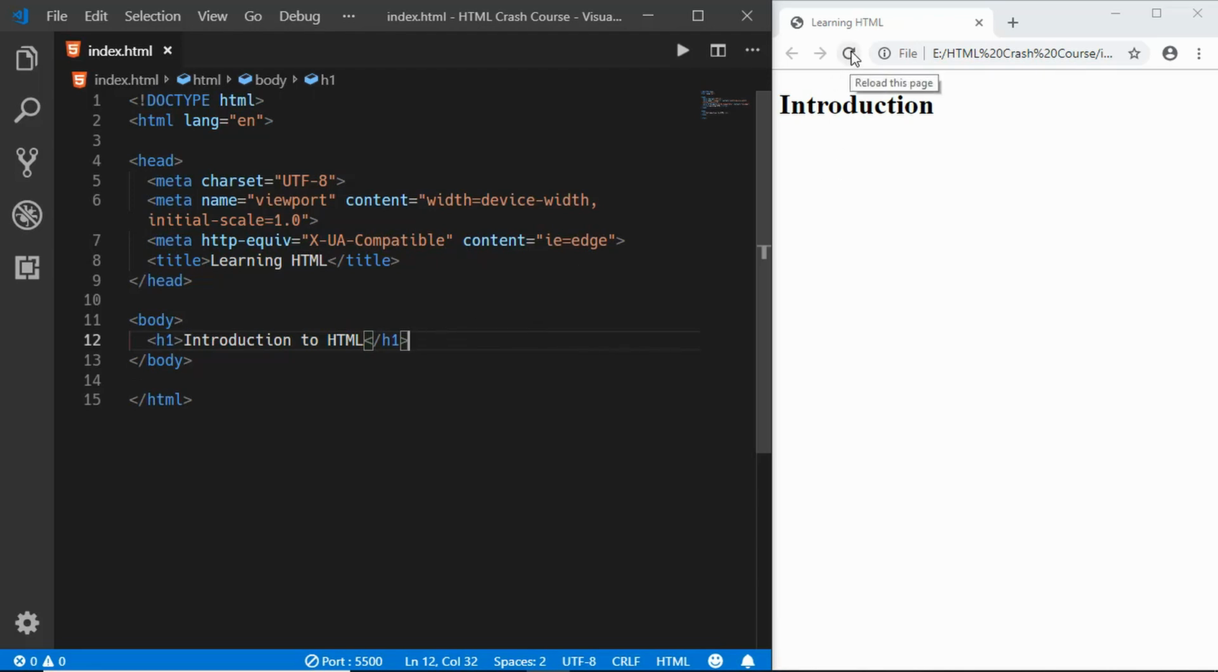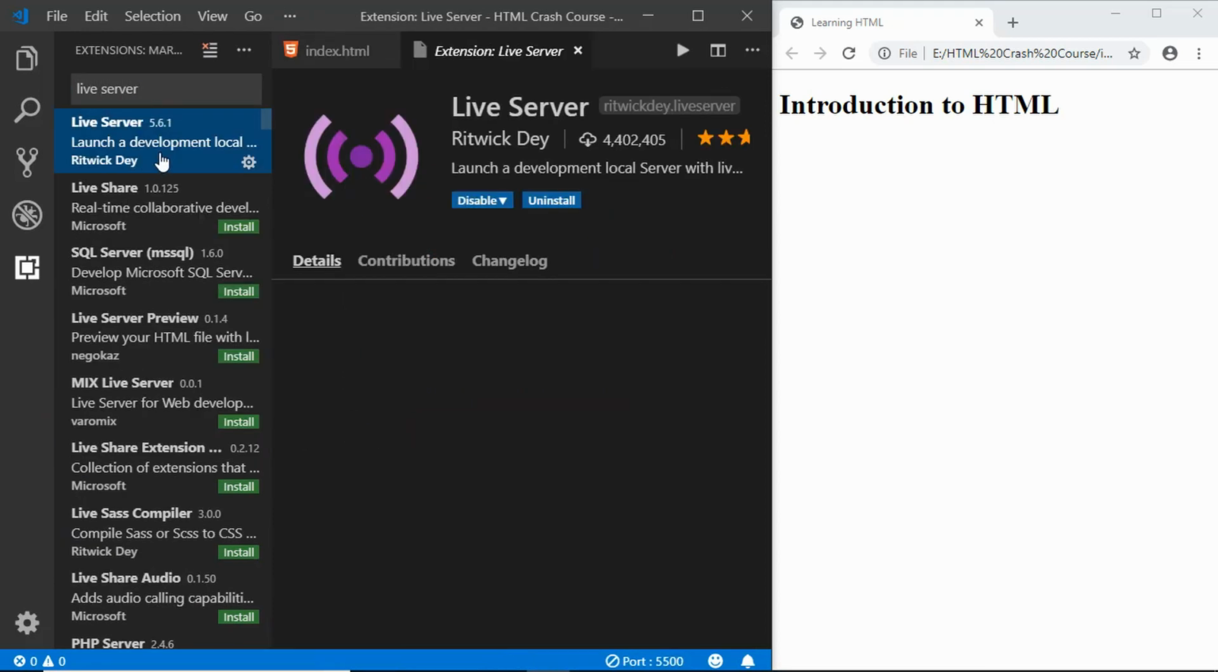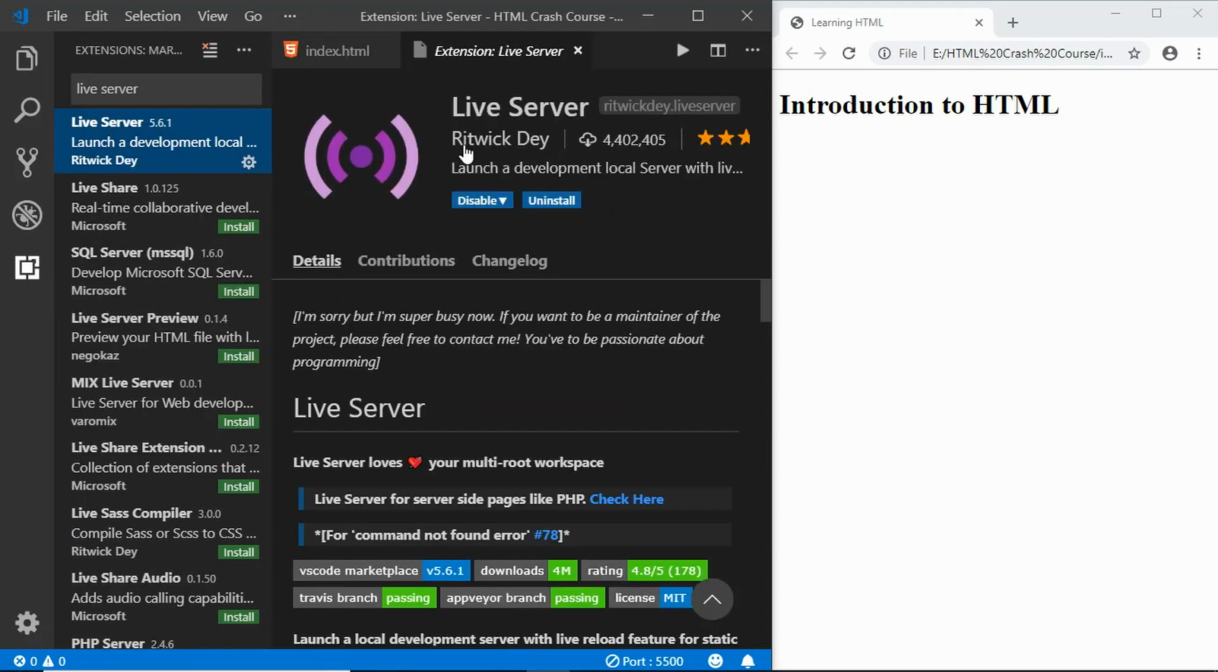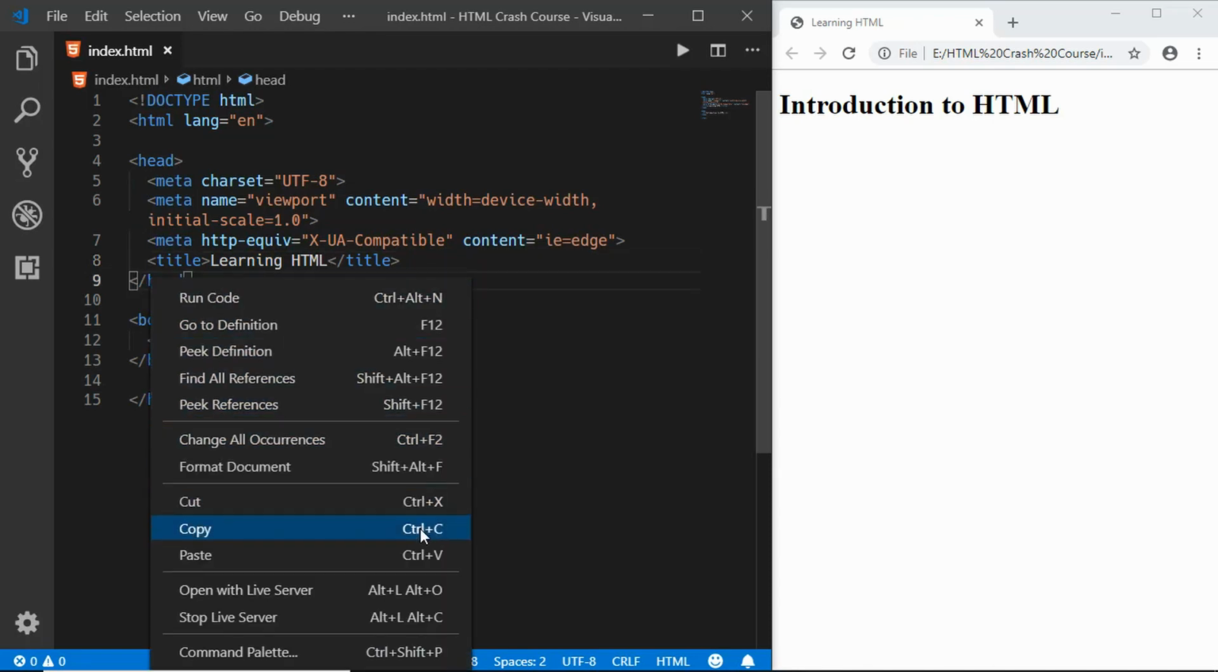So if you refresh, we can see our changes are displayed on the browser. But if you want to automate this task, you have an extension in VS Code. Just click on this extensions icon over here and search for live server, and you can find this extension from Ritwick Dey. Just go ahead and install this Live Server extension, and then what you can do is right click on your HTML document and click on open with Live Server,